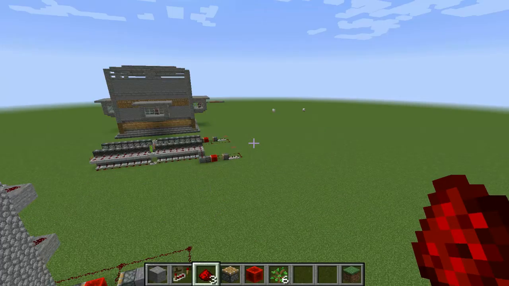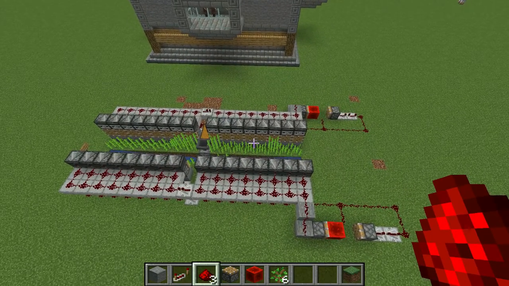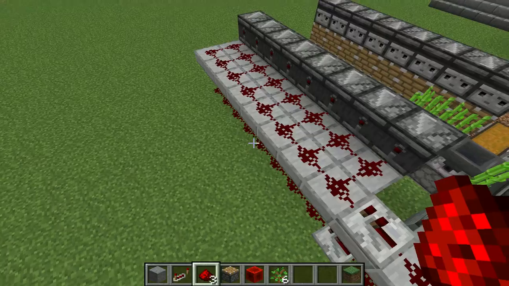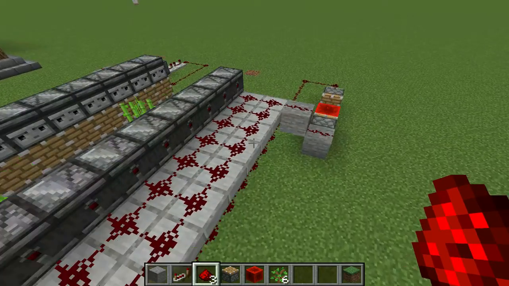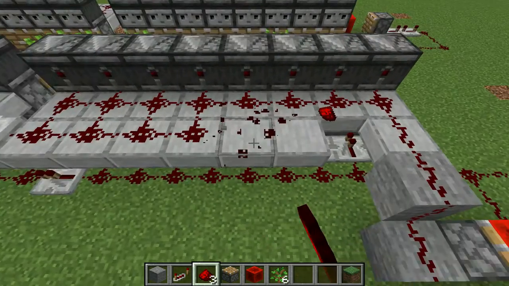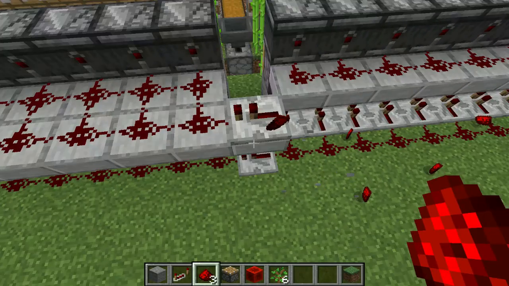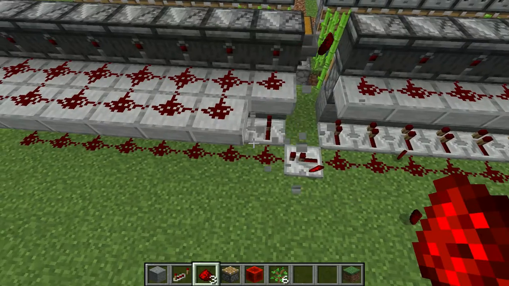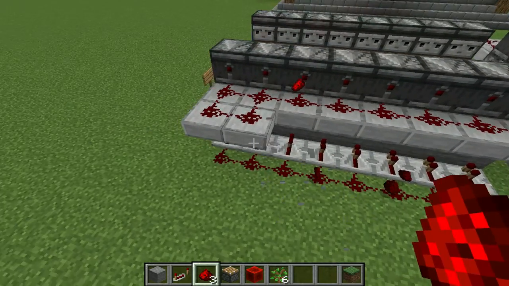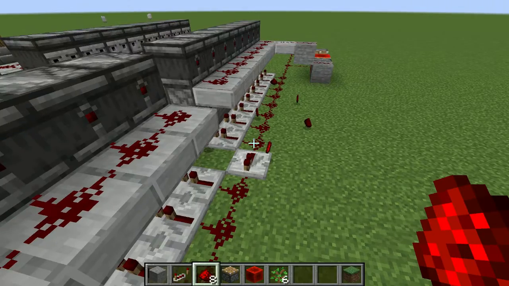I don't want to show you the whole lot, but this one's now working, so we can probably tweak this differently now. Basically, we can remove one layer of slabs here, so basically we can take out this layer of slabs. Take out that slab and that. And we should be able to...